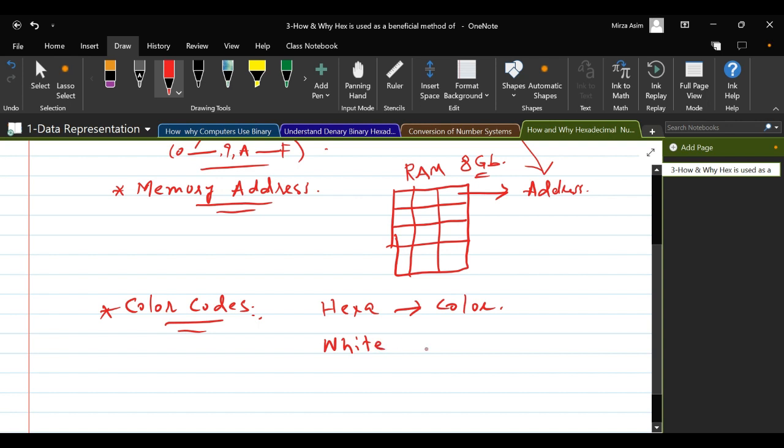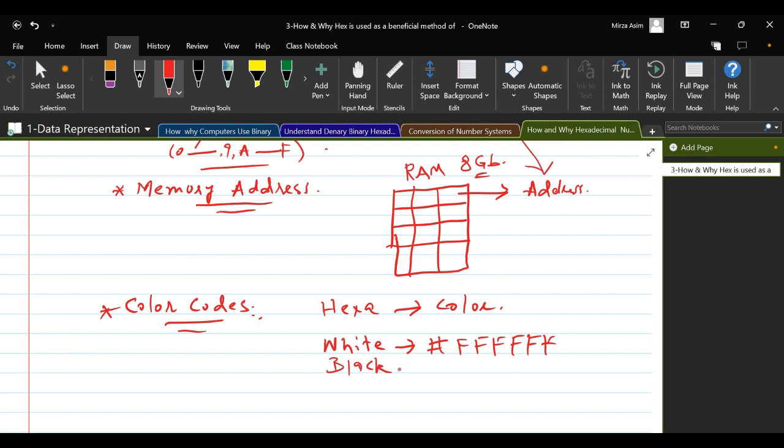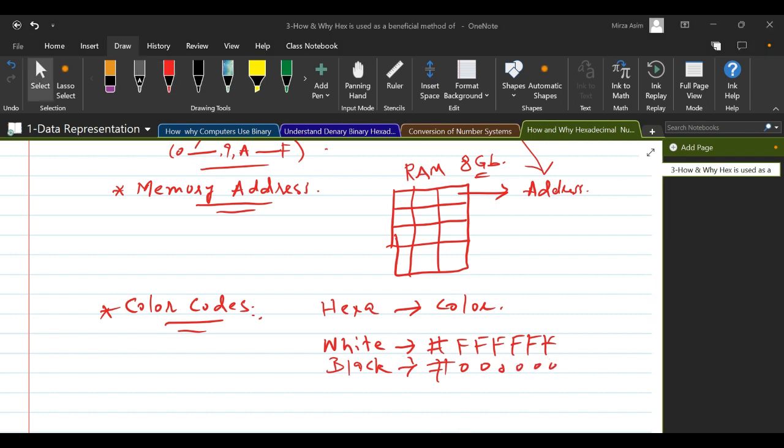If I need to represent white color, then I can use FFFFFF, right? If I need to use black, then I need to use 000000, right? So hexadecimal numbers can be used for coloring different types of text when you develop web pages and graphics.